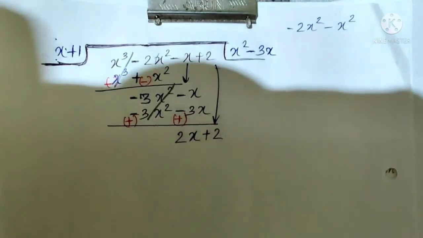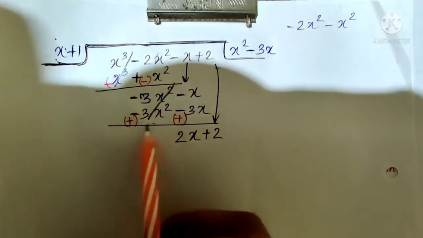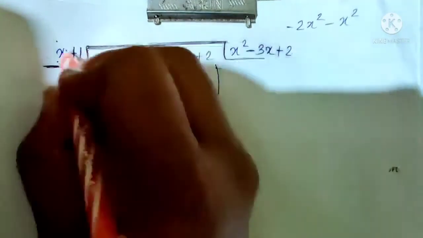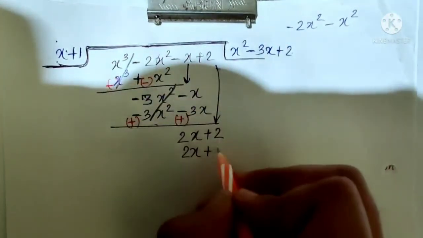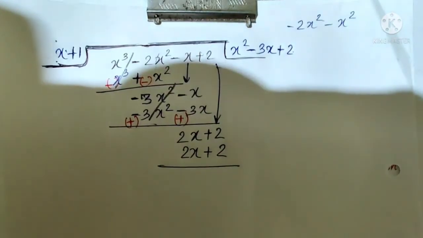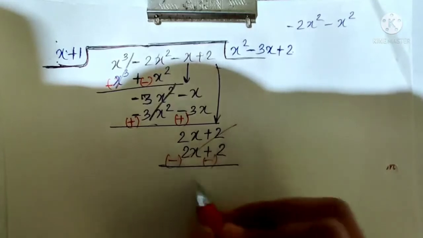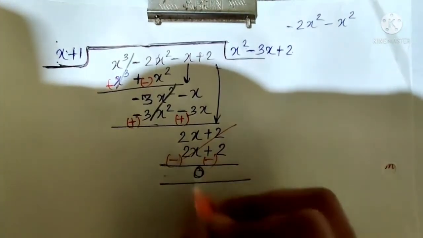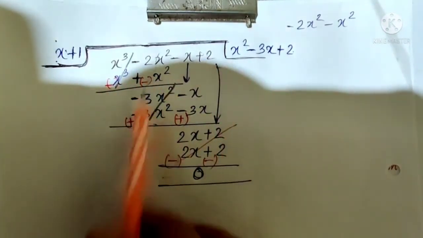Okay. Now by which should I multiply x plus x, so that I can get 2x? Obviously, by 2 only. So 2 into x, 2x. Okay, plus 2 ones are 2. Now just check. Same number came. Now sign change and cut. Sign change and cut. So what left? Just tell me what left. Only 0 left. So it means yes, these two are the factors of the given polynomial.